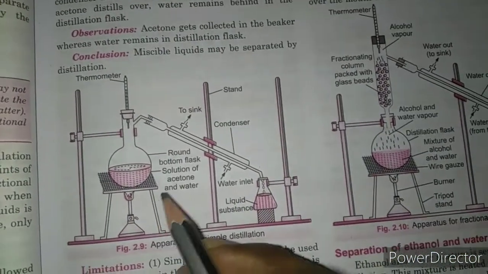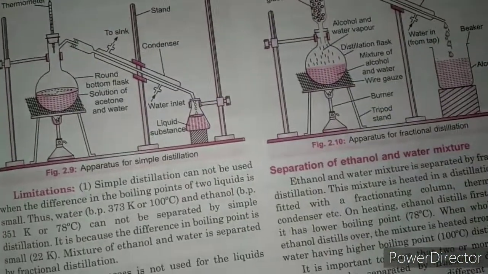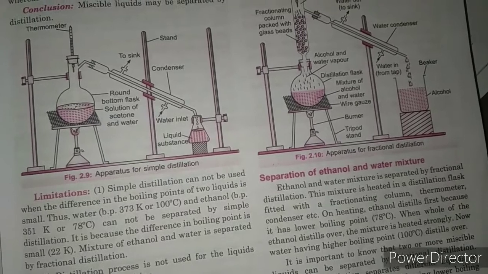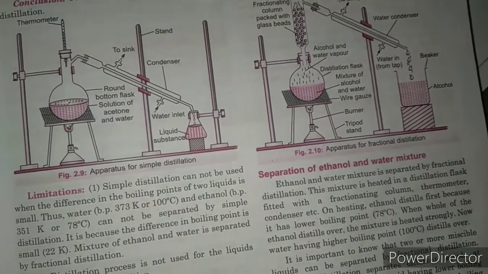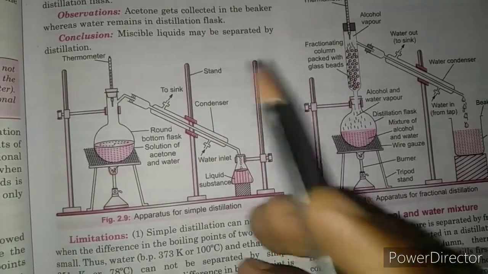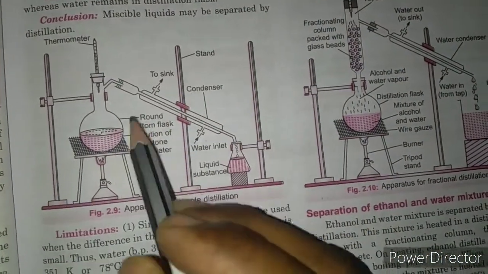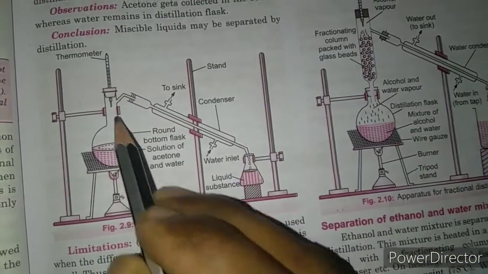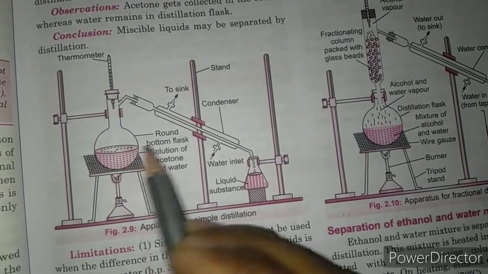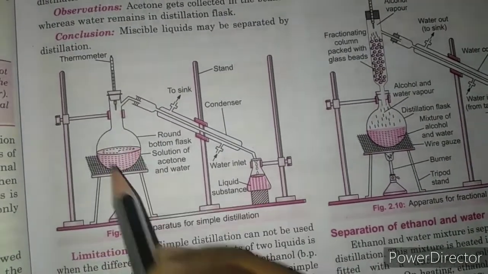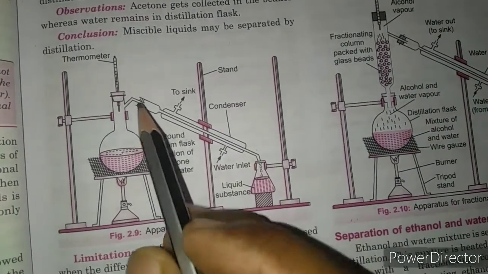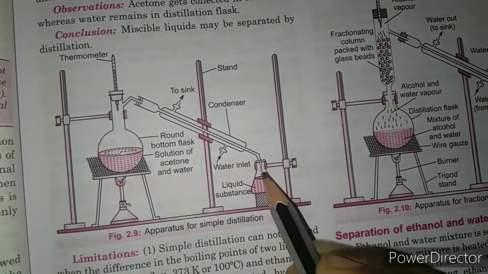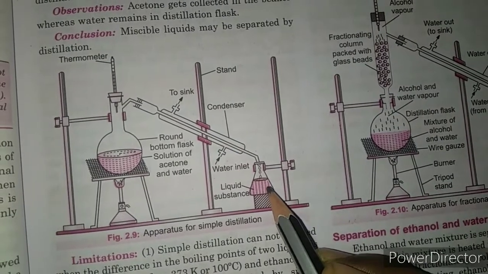And you will write, we can separate distilled water from the seawater using the distillation method. And how can we do this? We will use the distillation method for separating distilled water from the seawater. And after that you will write, when seawater is boiled, the water evaporates and it is condensed and it is collected,